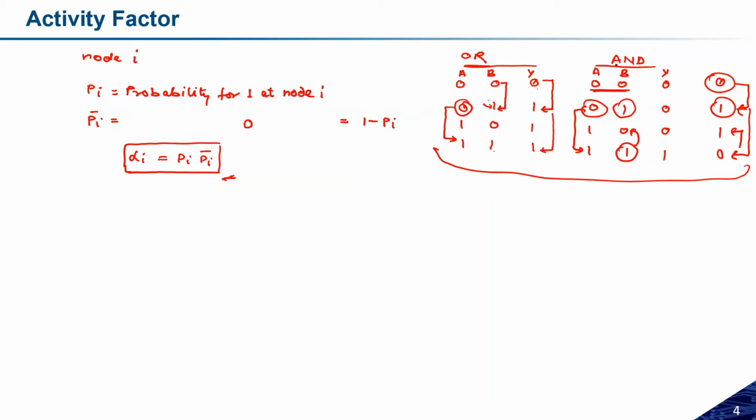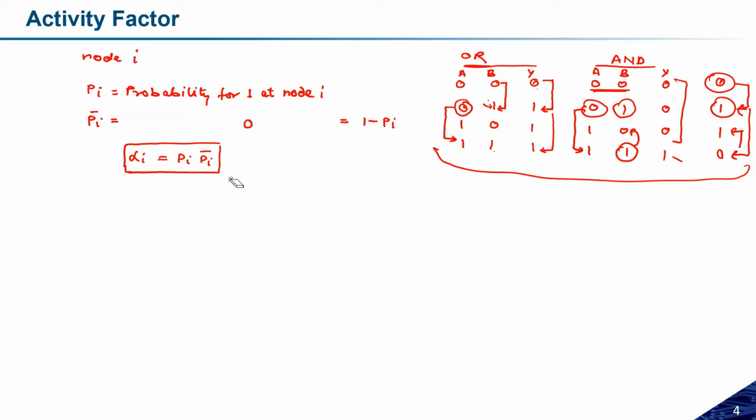So switching probability depends on the logic function. In the OR gate and the AND gate, the switching probability is the same. For three conditions you will get 0 and 1, and the opposite in the case of the OR gate. But in the XOR case, if I'm changing the input from one to another, there is always a switching. The switching probability will be more for the XOR gate. So the power dissipation in XOR logic will be more as compared to the OR and AND gates. This is the important term.